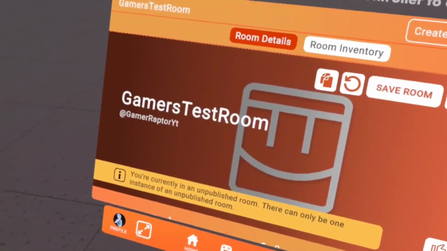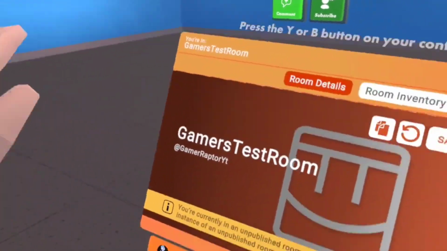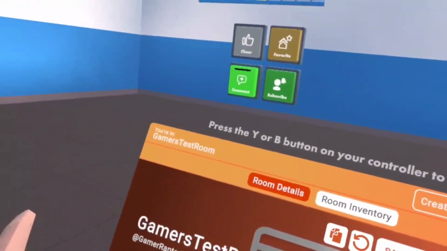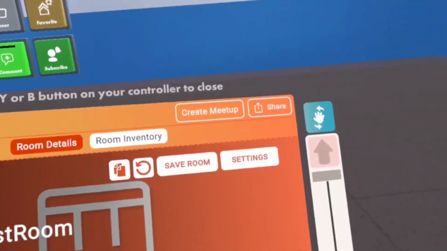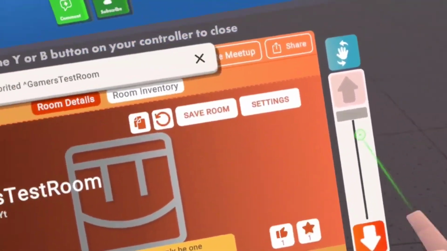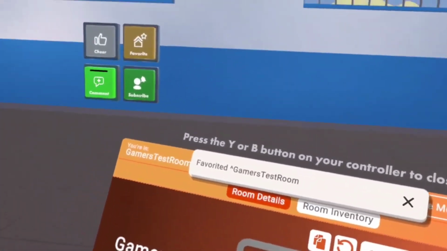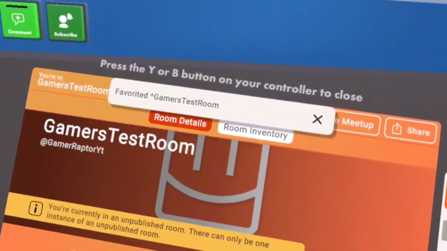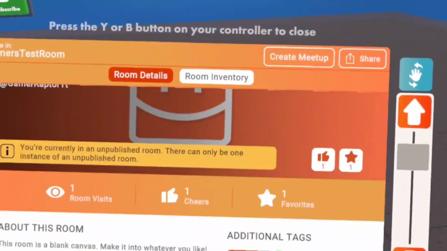It will say more about how you're going to be stuck at this instance, known as sub rooms, which will be later on in the video. Then you can like your own room if you want to. We all know you guys will since you love your room. So you scroll down, you will have the